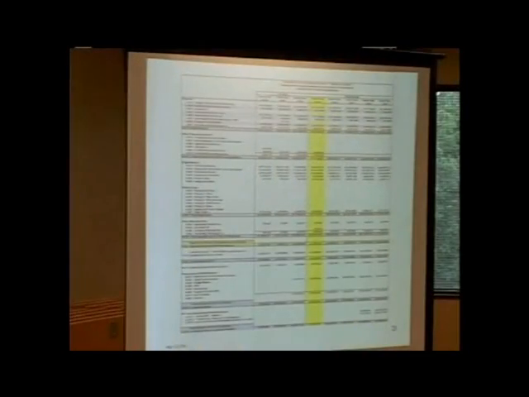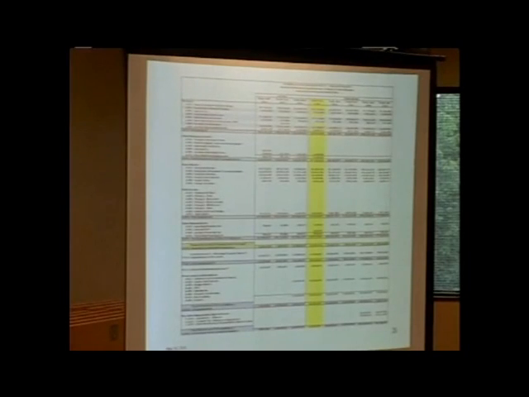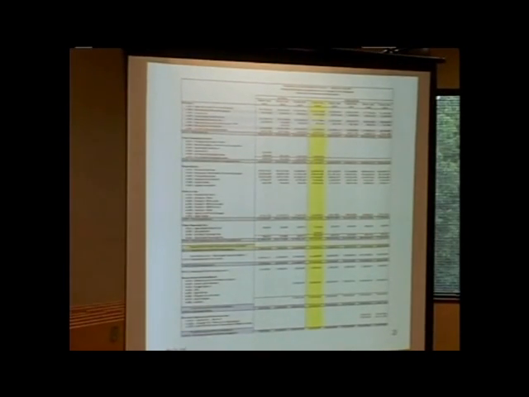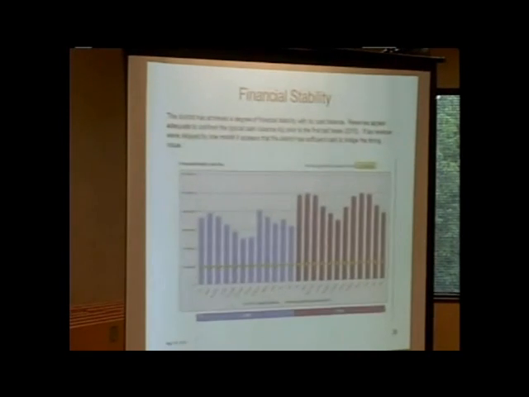This is just, for those who download it, conceptually, what the forecast looks like. That's what we actually send to the state of Ohio. I know you can't read it, but you can see visually what it looks like, so when you get a copy of it. This is the financial stability.